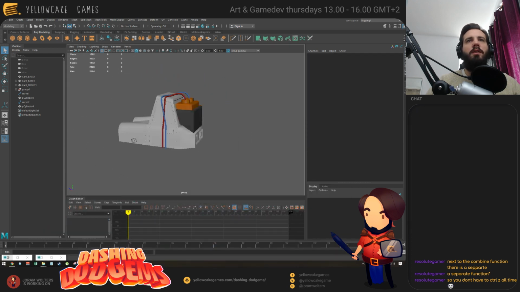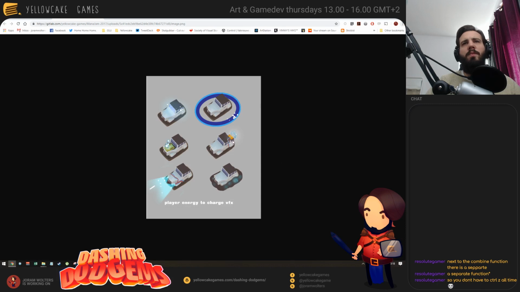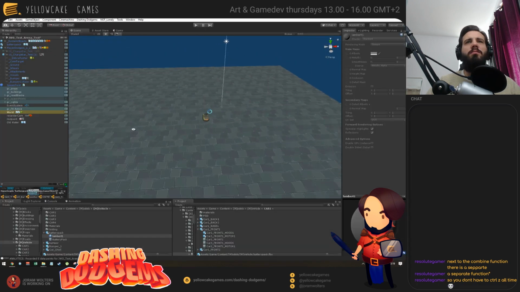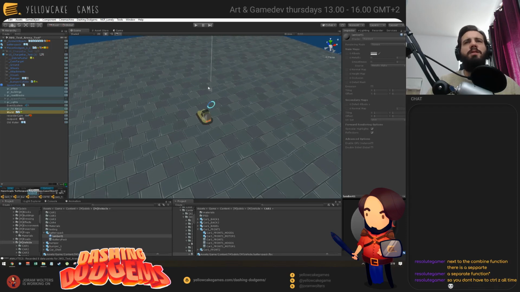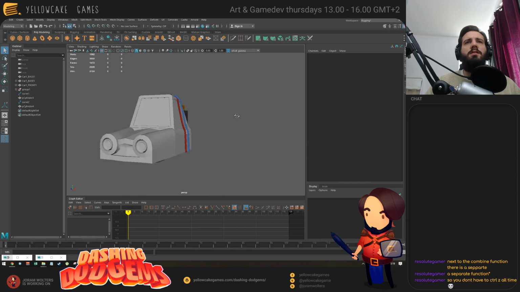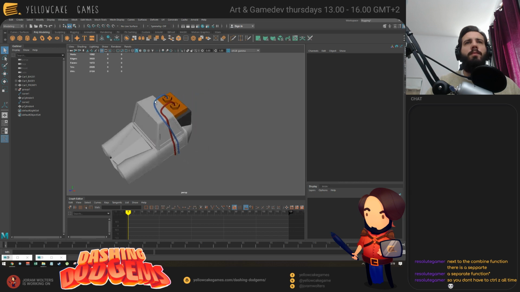All right, that looks like a battery pack. I'm wondering if I should put the battery gauge on the side there. I don't think it's gonna read at the scale that it's gonna be that big, right? Maybe something like that. Then especially on the Switch, when it's gonna be 720p in handheld mode, that's not gonna read at all. So I guess this is about as detailed as we want to get. Right, okay,